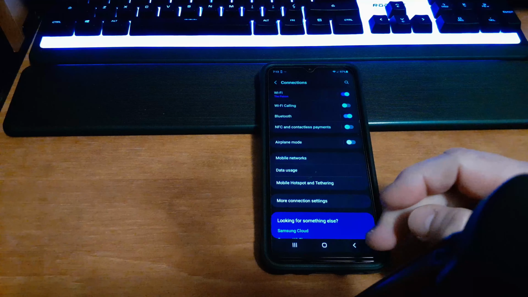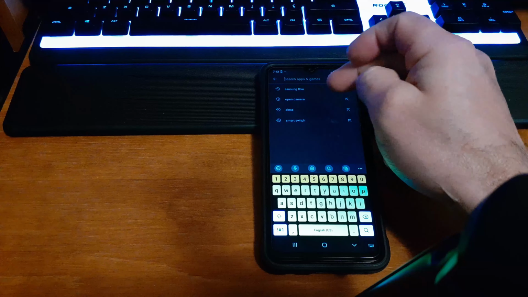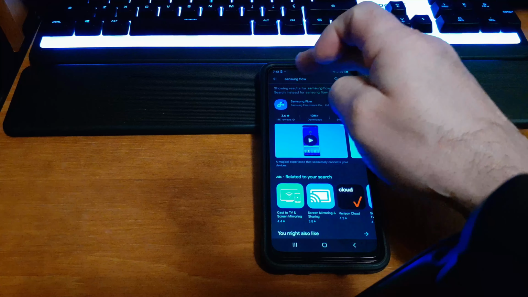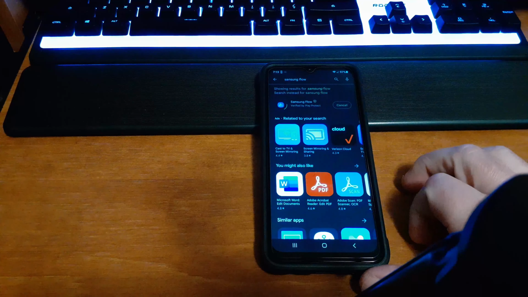Now, if that doesn't work for you, what we're going to do is go to the Play Store. You're going to type in Samsung Flow and click install. That's going to install it on your smartphone. We're going to click open, and then click continue. You're going to allow all the permissions,